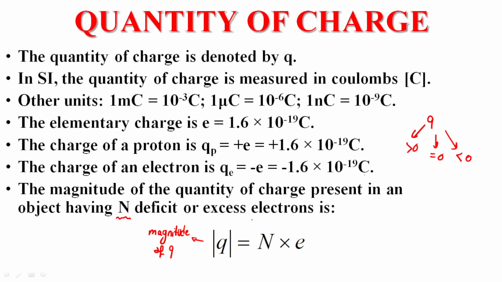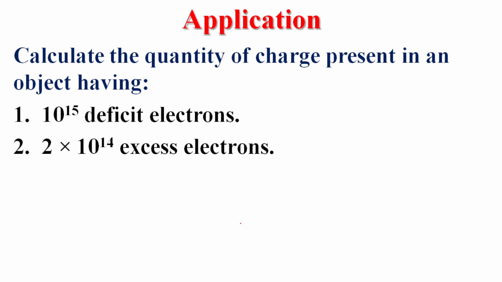As we saw above, the magnitude of the charge of one electron is e. If one electron has magnitude of charge e, 2 electrons will be 2e, 10 electrons 10e. So the magnitude of the quantity of charge of N electrons is Ne. The total charge is always the charge of one electron multiplied by their number. Now application, calculate the quantity of charge. First, in the question we must always have given the elementary charge constant, the magnitude of the charge of a proton or electron,